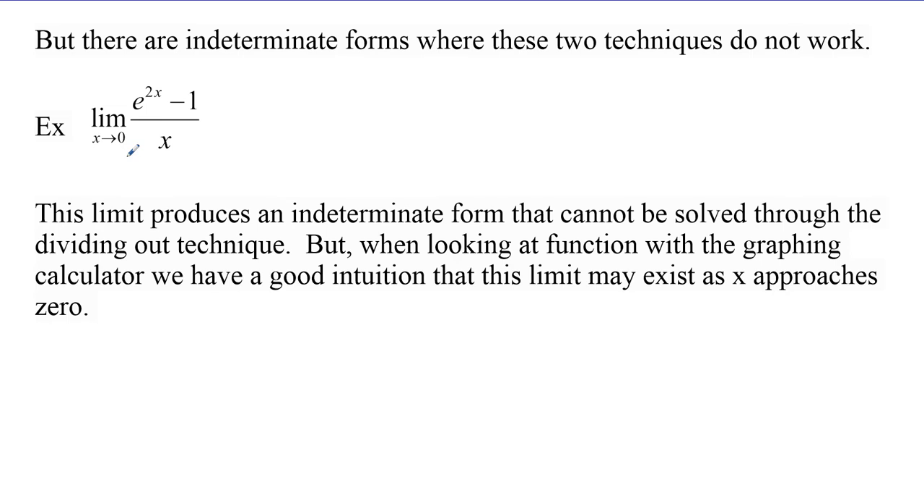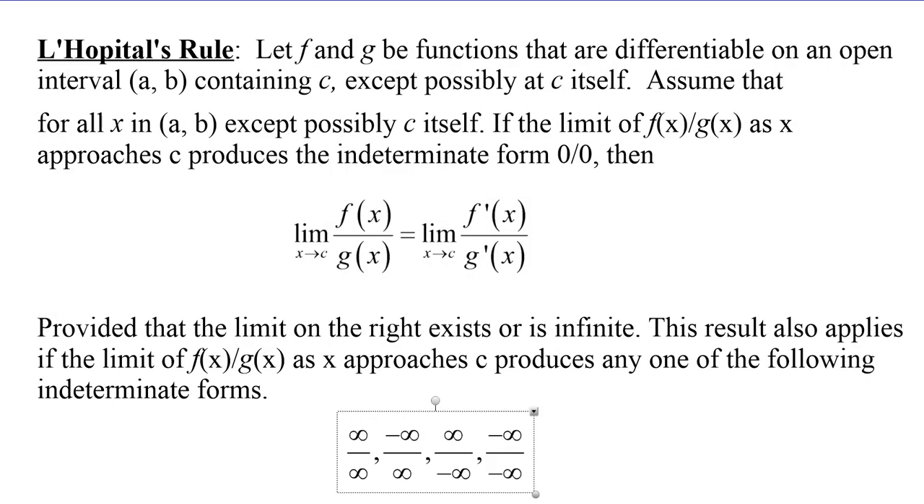So how can we actually calculate this limit when we get 0 over 0, which is clearly an indeterminate form? Well, L'Hopital's rule says: let f and g be functions that are differentiable on an open interval a to b containing c, except possibly at c itself. You could get 0, or you could get an undefined value there. If the limit of f of x over g of x as x approaches c produces the indeterminate form 0 over 0, then